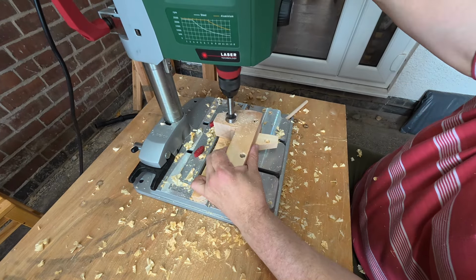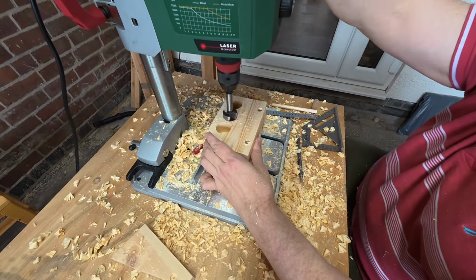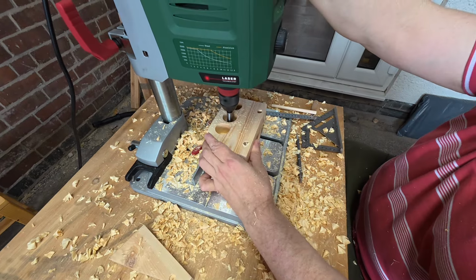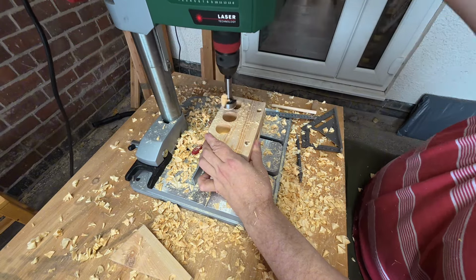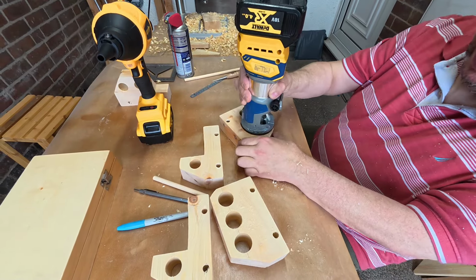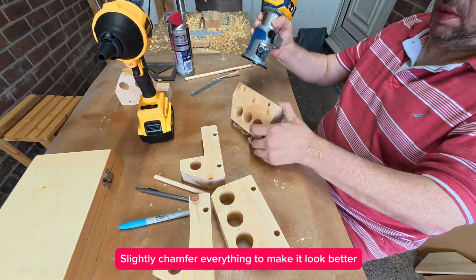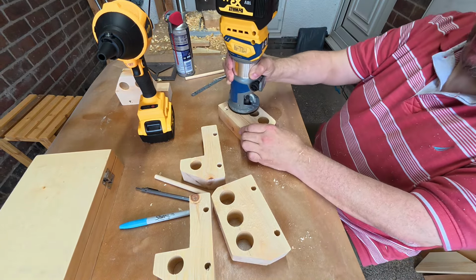So I'm just using a Forstner bit here. This is a 30mm bit. I swap it out on some of the others for the 35mm bit. I think the bit was getting a bit blunt. So again, rounding over everything. Just nice to the touch. Little kids are going to be playing with these, so...